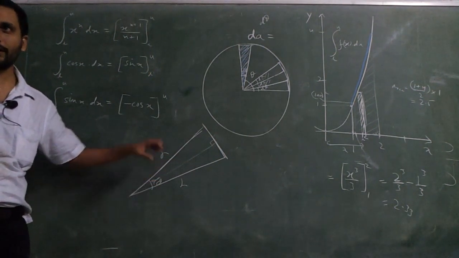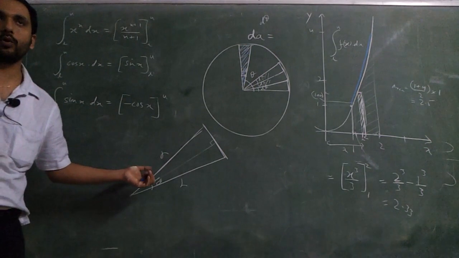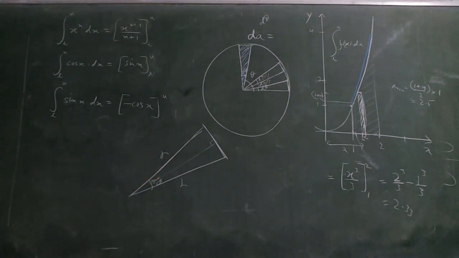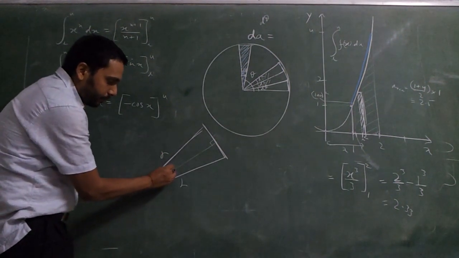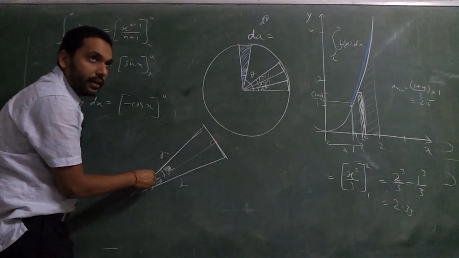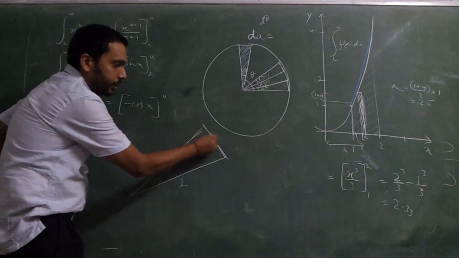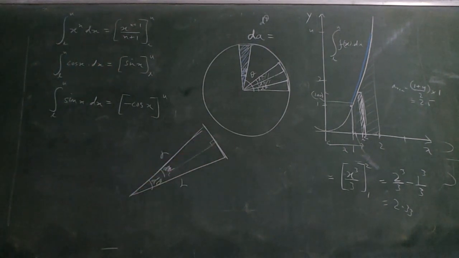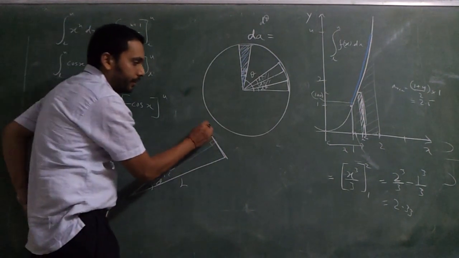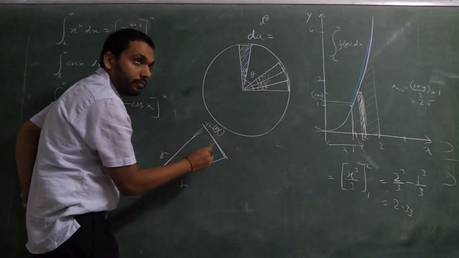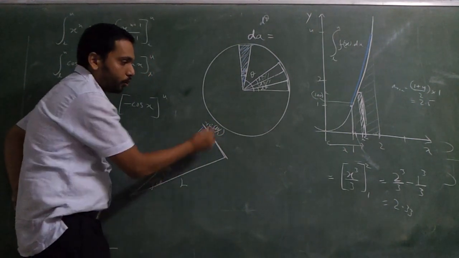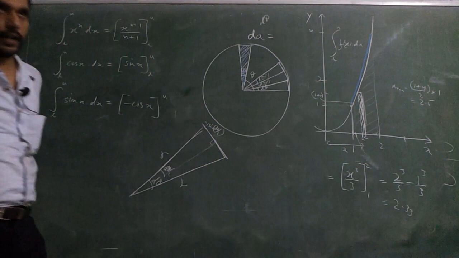Don't think that d theta is small so it will be d theta by 2, what is the need to do that. It is d theta by 2 is d theta by 2, d theta is d theta, okay? D theta by 2 is this angle. This becomes a right angle triangle. This is your r, so this is r sine d theta by 2 or not? This length is r times sine d theta by 2 or not? Okay, so total length is twice of r sine d theta by 2 or not?